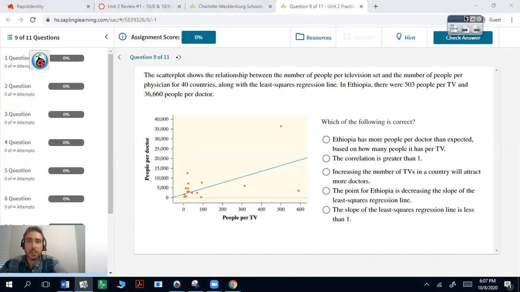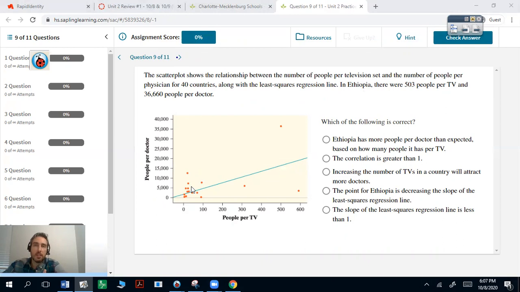The scatter plot shows the relationship between the number of people per television set and the number of people per physician for 40 countries, along with the least squares regression line. In Ethiopia, there were 503 people per TV and 36,660 people per doctor. What this problem is trying to get at is